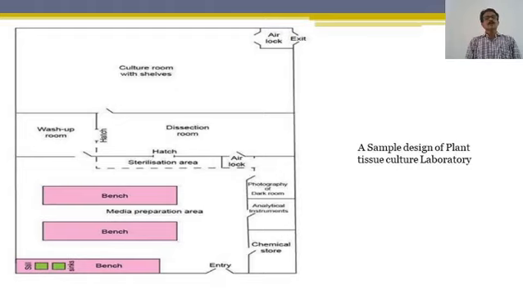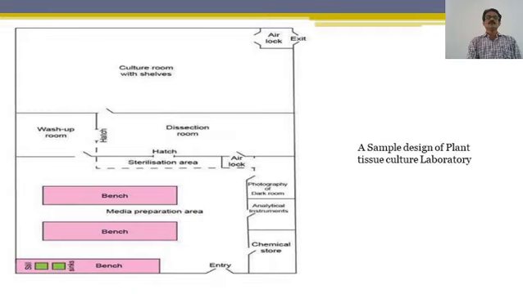Now this is a general layout of a plant tissue culture laboratory that I have taken from the internet. It must have the 3 rooms that I have already told you. This one is the second large one, and this is the smaller room that you require for sterilization and other purposes. After entry you have the general laboratory, where there are a number of benches on which one can sit and perform work.